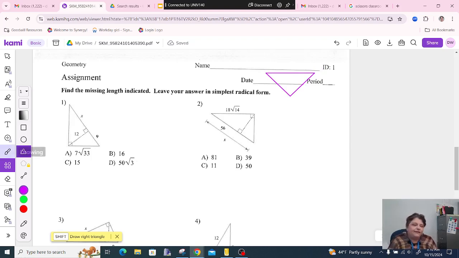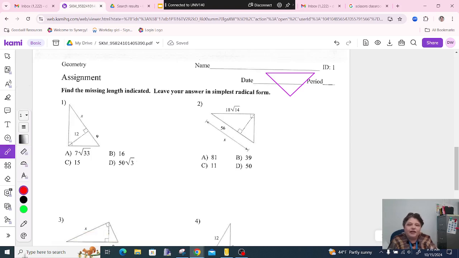Okay, so if I have a right triangle and I draw an altitude, which means that it's perpendicular, right? You have three geometric means. You have the leg of the outside, the other leg of the outside, and the middle piece. All three of those are geometric means, right? And I gave you notes, and there were three cases. If I'm talking about the middle geometric mean, like number one,